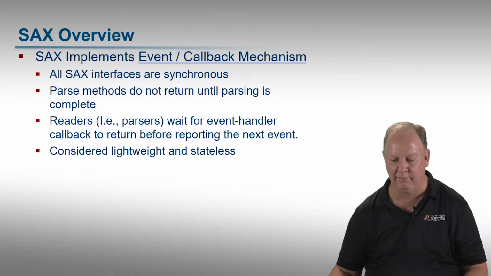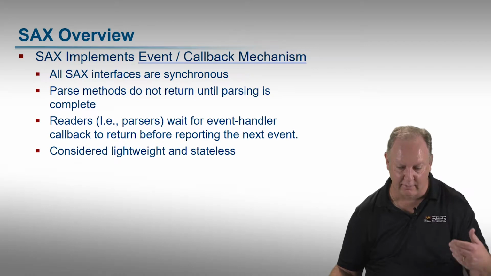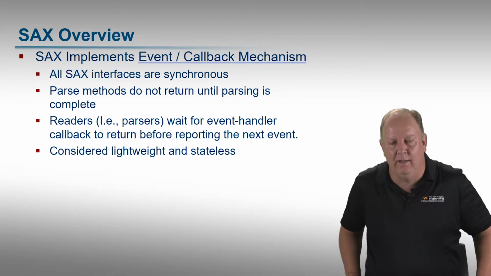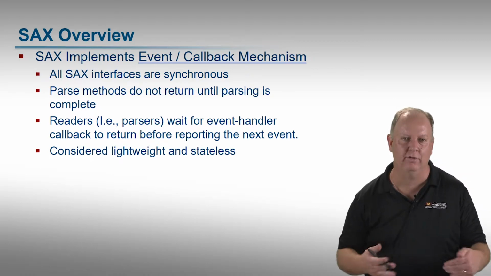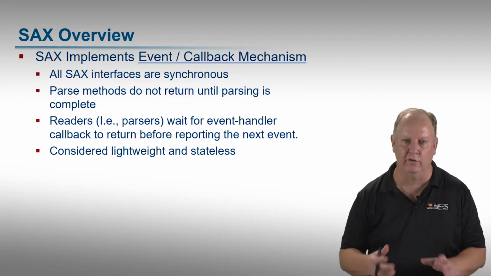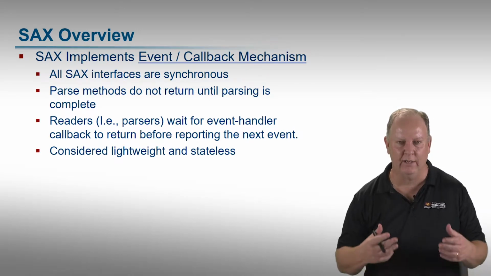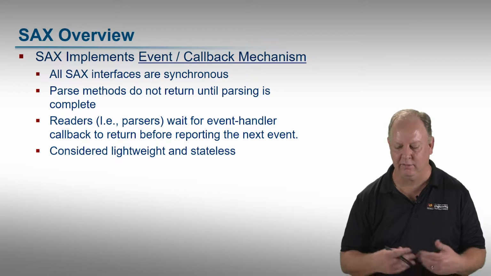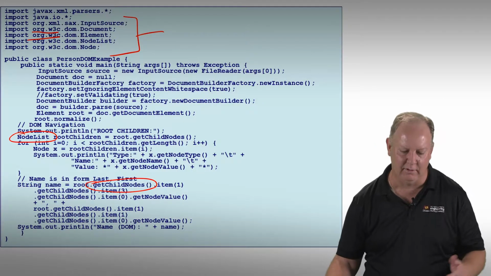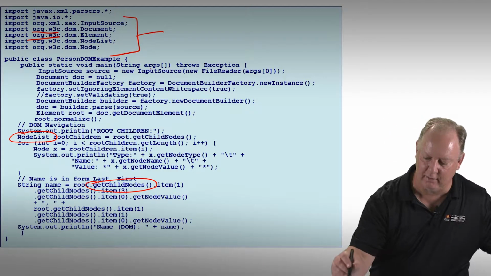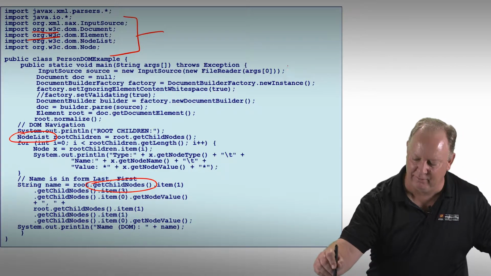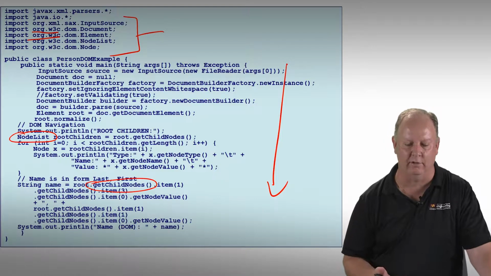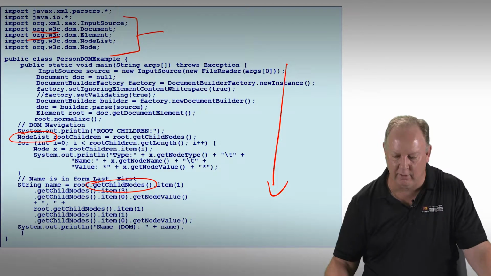SAX works a bit differently. SAX uses an event callback mechanism. SAX calls an event at the beginning of a tag. When it encounters something that it thinks is interesting, SAX calls that an event, and you write code that gets called back. So instead of you writing a main program, I mean, you still write a main, but your main program here, when you go through the code walkthrough, is very top-down. It's a traversal program, like you've written in data structures when you traverse trees. SAX treats it a little bit differently.